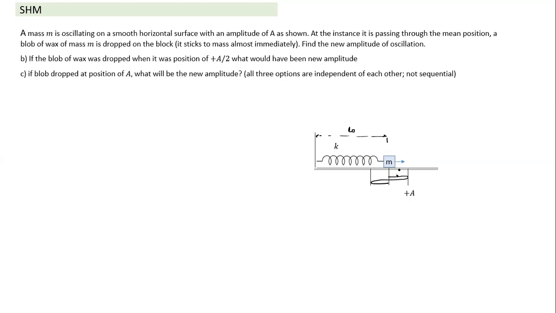When it is oscillating like this with mass m, we can add some more mass here. How do we add more mass? Just imagine a blob of wax. Why am I talking about wax here? If you drop wax here, it will immediately stick to the mass. The reason it sticks is that it has a high coefficient of friction or very high adhesion. So when a blob of wax or mass m is dropped, it sticks to the mass almost immediately. Even though it is not mentioned, you have to assume it sticks immediately.